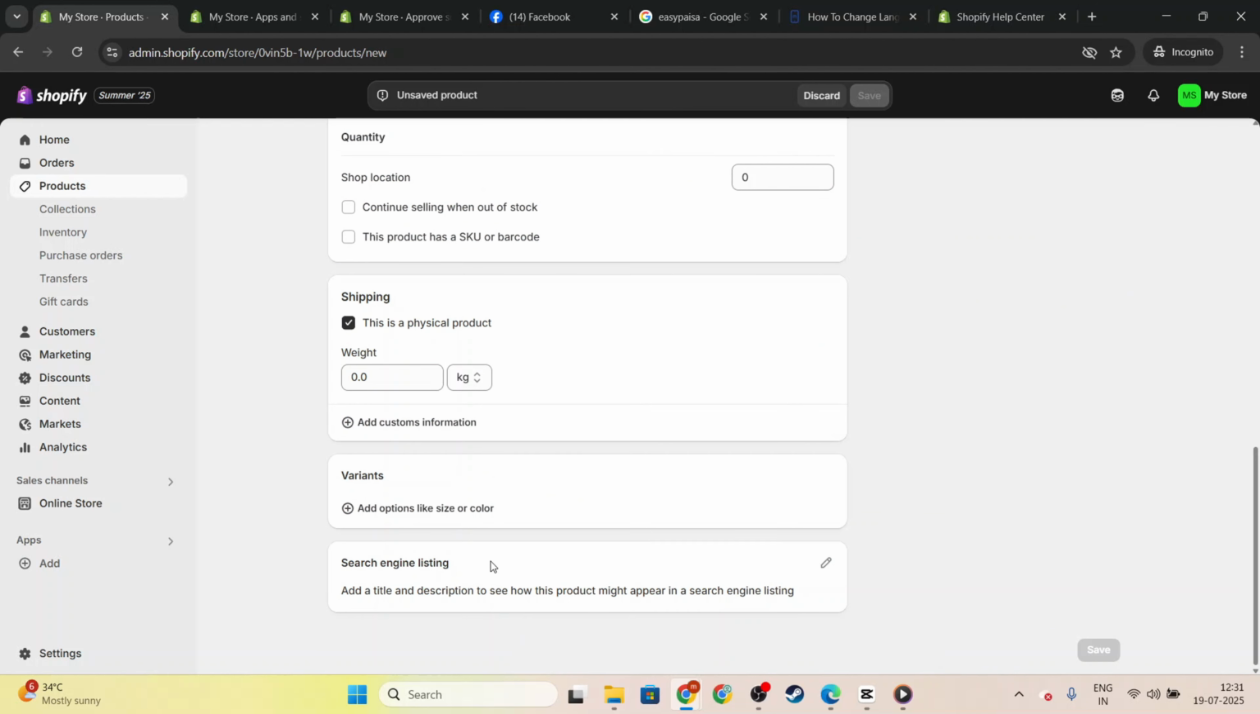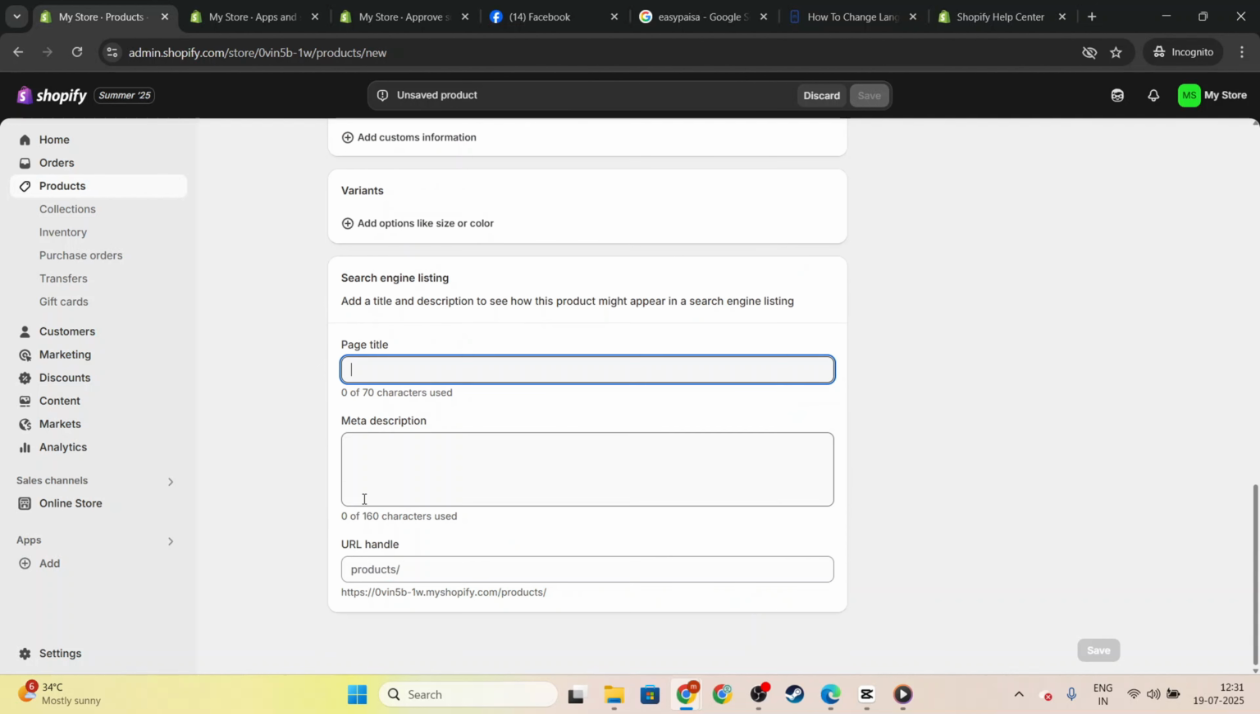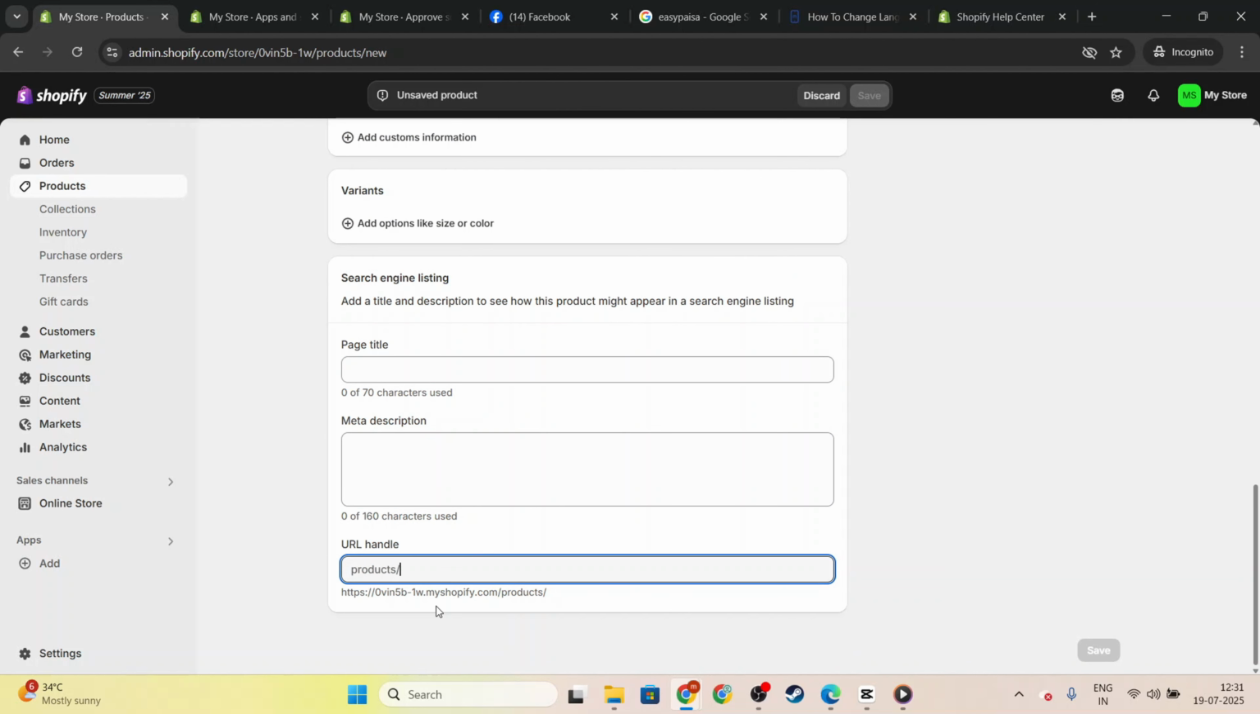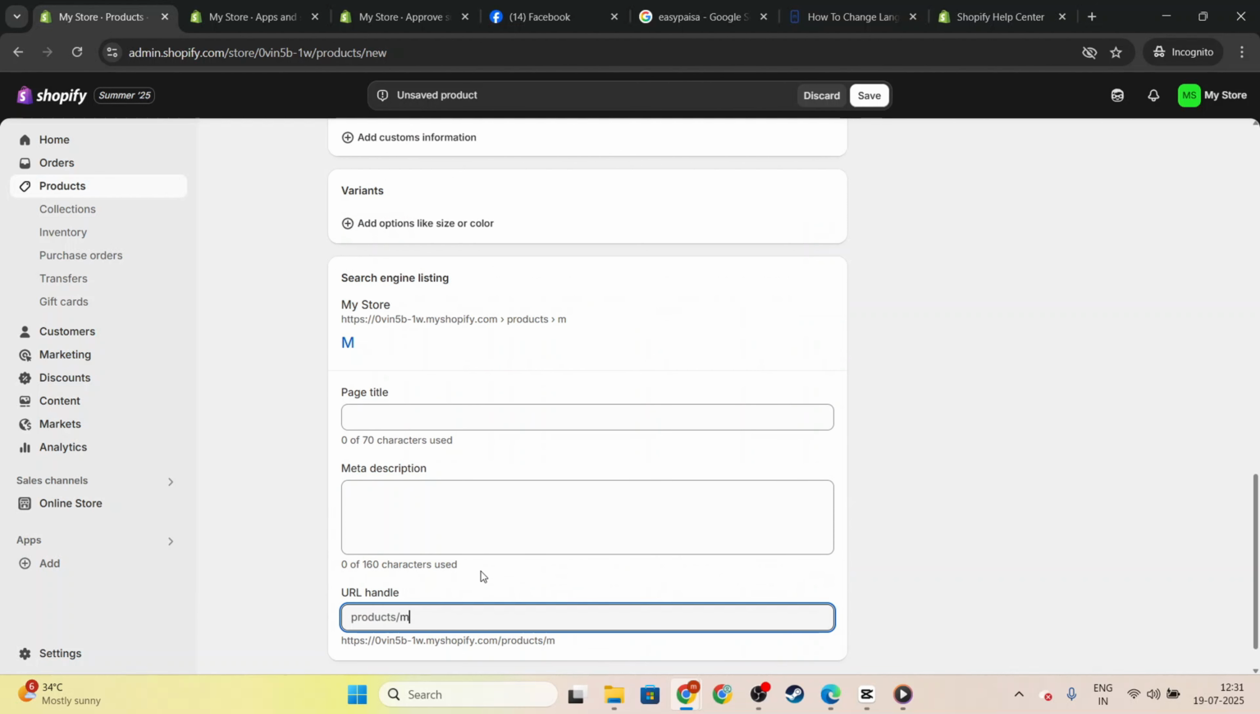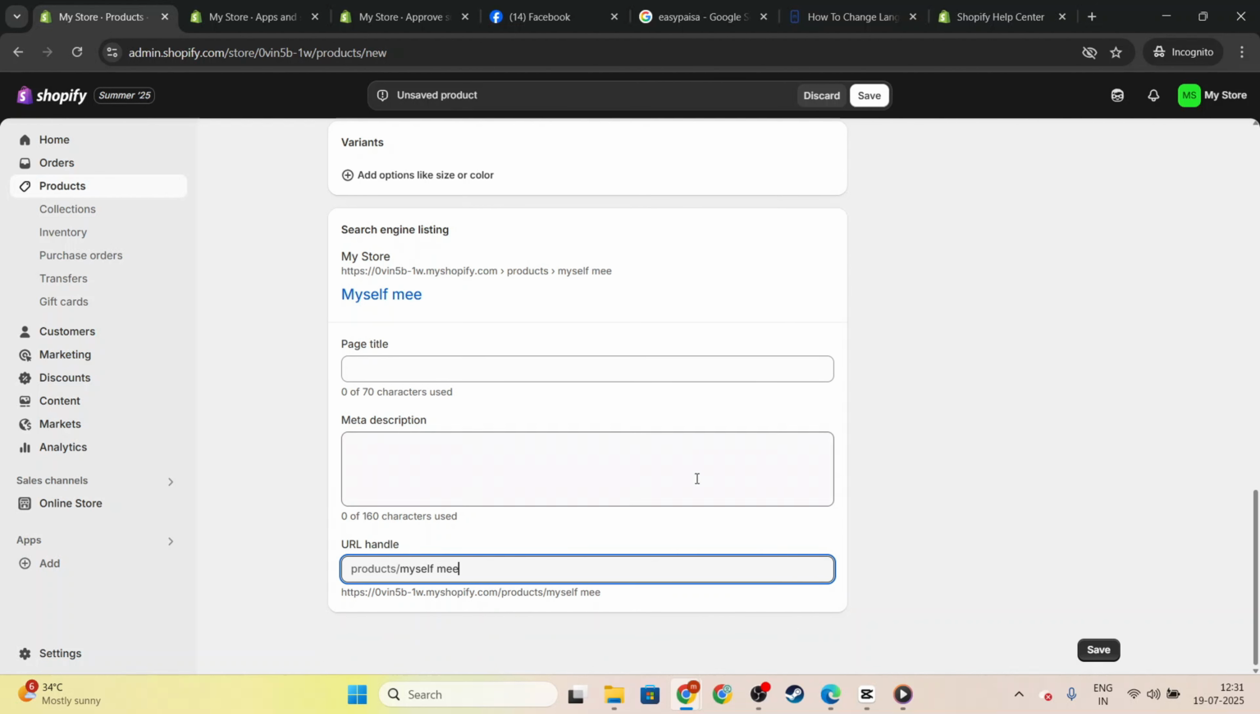Next, look for the button or link that allows you to edit this URL. You'll often find it labeled as Edit or a simple pencil icon next to the URL. Click on it, and you'll see that the full URL becomes editable. Now, erase the old handle, the text that comes after products in the URL, and type in your new desired